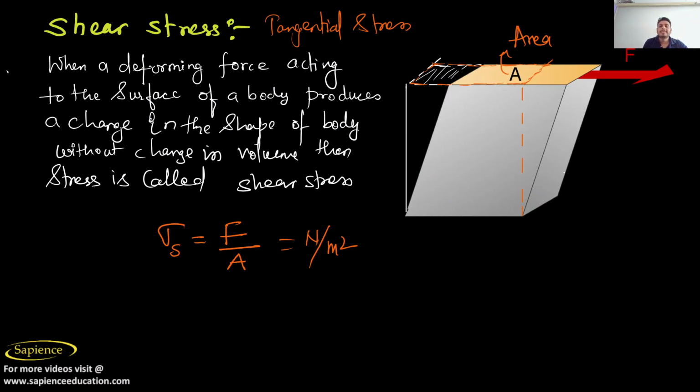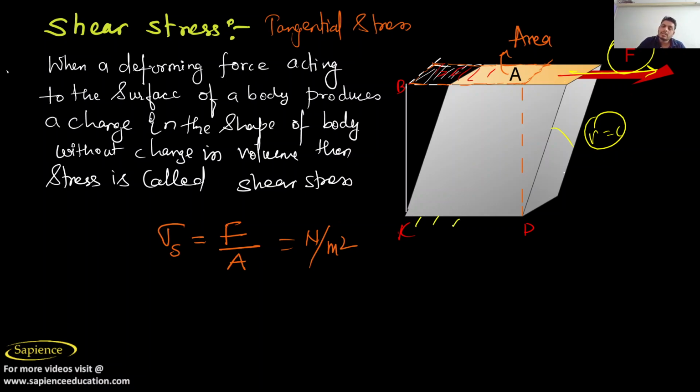Now there is shear stress. Try to understand, I have given a figure enough to understand. Earlier this was like this, suppose this is A, B, C, and D. Earlier the shape of the solid was like this. But as soon as you apply a force in this direction, a change in angle happens, but the volume will remain constant. Volume will remain constant, but the change is only the angle change.